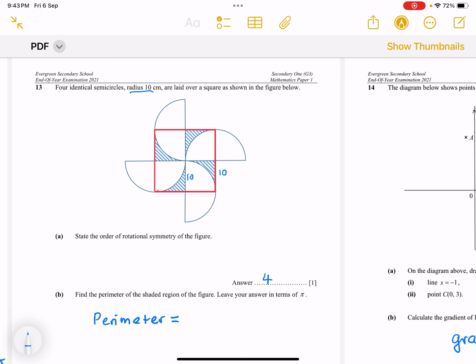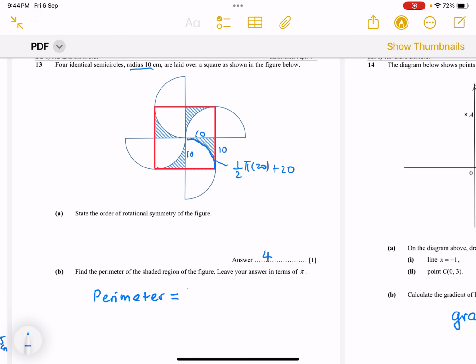So the perimeter of one part, we have the arc, which is 1/4 of pi d, and d is 20. That's the arc, and then we have 2 lengths of 10. So this is one part, so there are 4 parts, so we multiply by 4, right? So we multiply this by 4, we have 10 pi